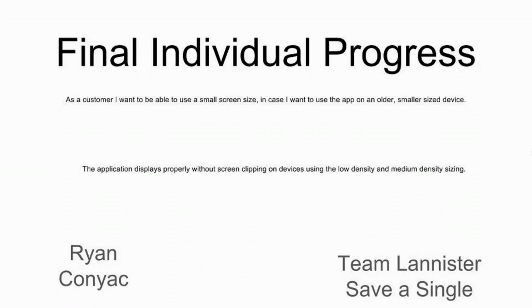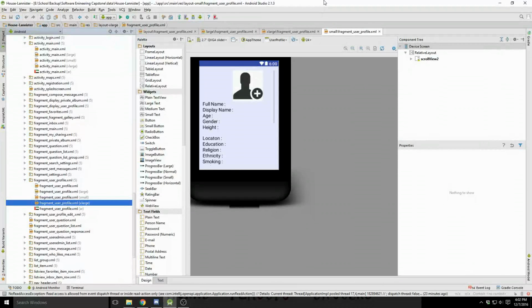This user story is, as a customer, I want to be able to use a small screen size in case I want to use an app on an older, smaller size device. The acceptance criteria is the application displays properly without screen clipping on devices using the low density and medium density sizing. For the small size displays, we had to find a device size that was small enough